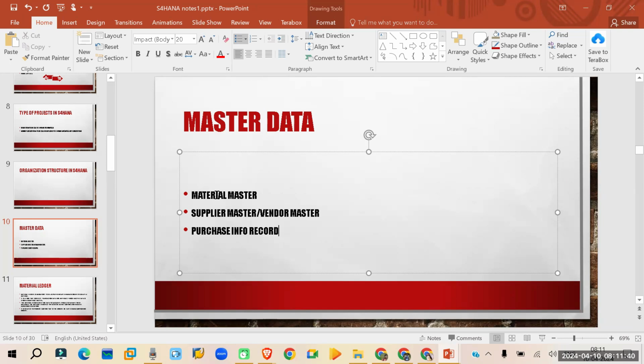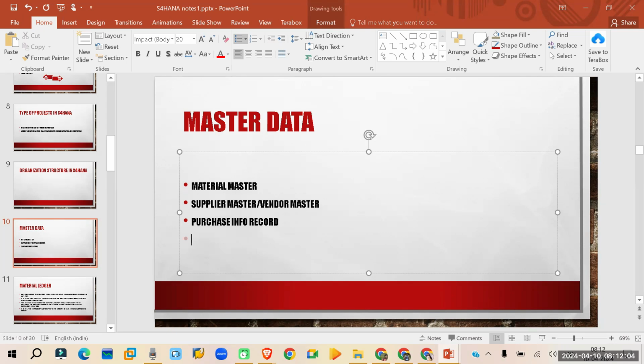Let's say the same vendor is having different conditions for different materials, or different vendors are having different conditions for the procurement of the material. So we will be creating a purchase info record to maintain all the vendor and material combination data over there. Next one is